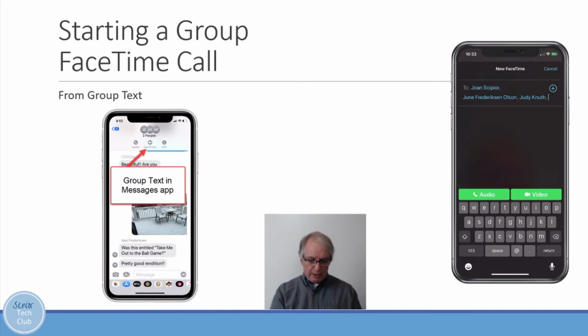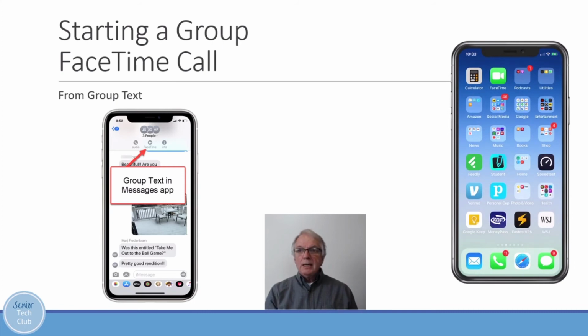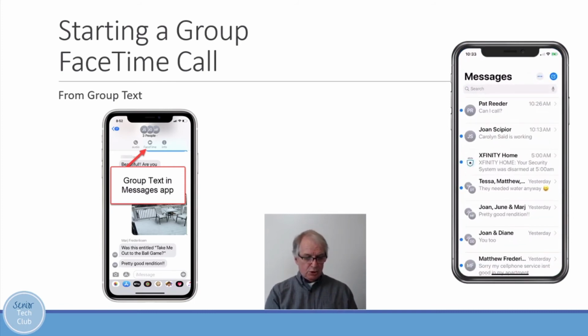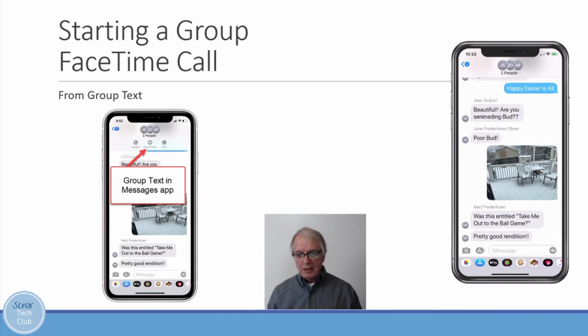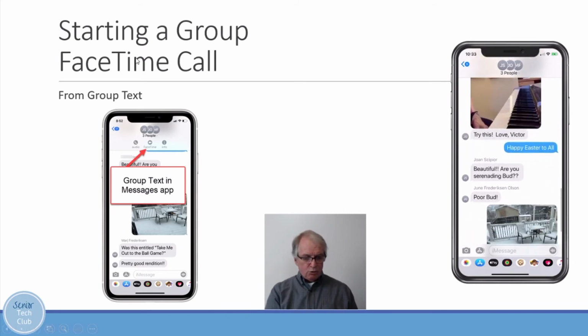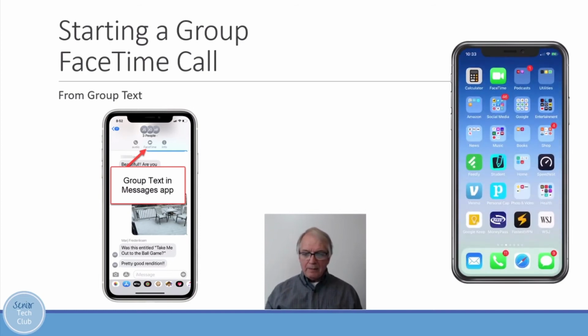Another way that you can do a group FaceTime call is to start with a group text message. I am going to go to a text conversation that was happening yesterday. And I just want you to note that up on the top where it tells me I have 3 people here, there is a FaceTime icon up on that